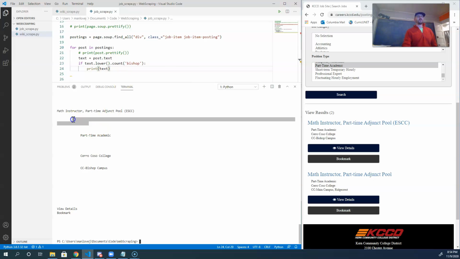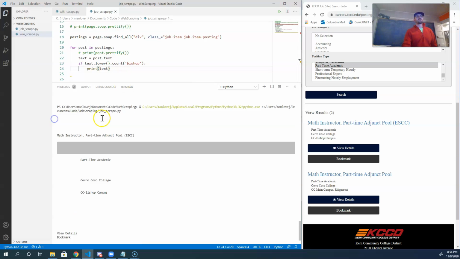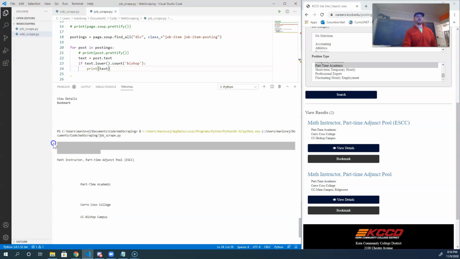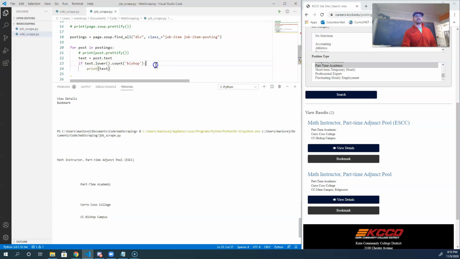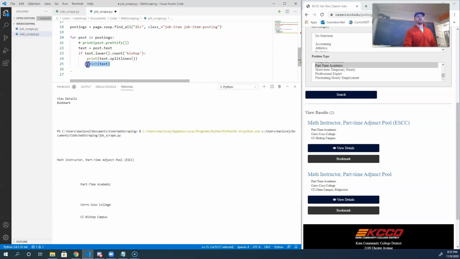But it's still all formatted all janky. So I'm a little bit curious about what the heck is going on there. So what I'm going to do is just split the lines out of this thing. I spent just a minute fiddling with this in order to get something kind of reasonable. So I'm just going to use the splitlines